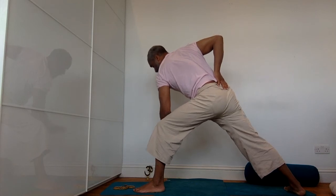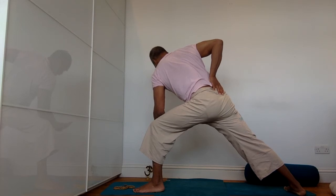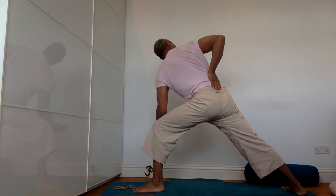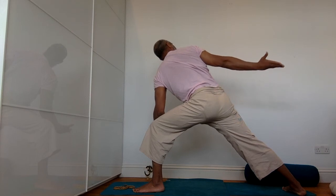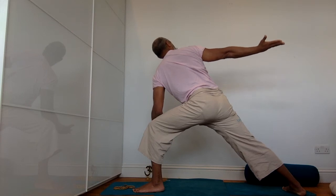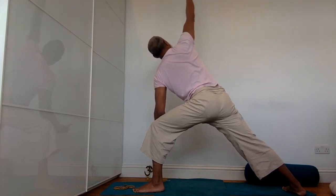And you're looking at your palm of your left hand as your left knee is really bent. And as you bend into this left knee, the right elbow is coming out for you to look towards your right side. And as you look at your right shoulder, extend the right hand now, length. Point it towards the wall behind you. Turn the palm to the ceiling. Draw a line across the ceiling with the palm as the hand and the arm comes all the way over